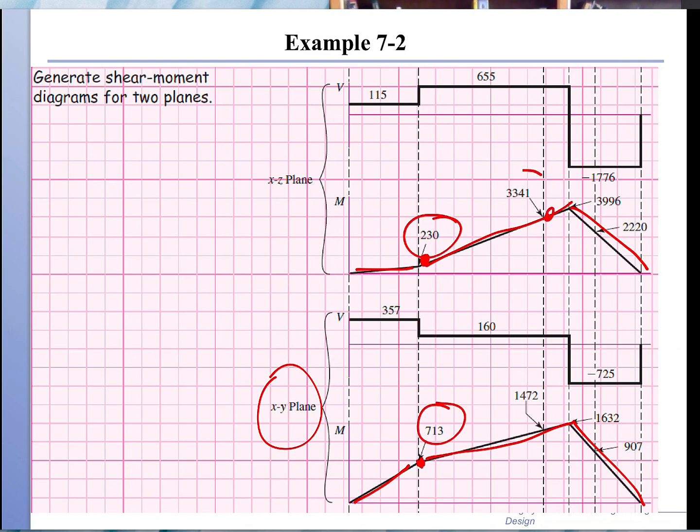At this point here, we have 3341 and 1472, and so on. So in order for us to find the magnitude, we just add up these two values in a vectorial way, like this. We sum them with the square root, Pythagorean theorem. In between, we don't care that much because it's not going to add up linearly, but we will just assume that it will be linear for the magnitude in between, because we are interested in the magnitude at